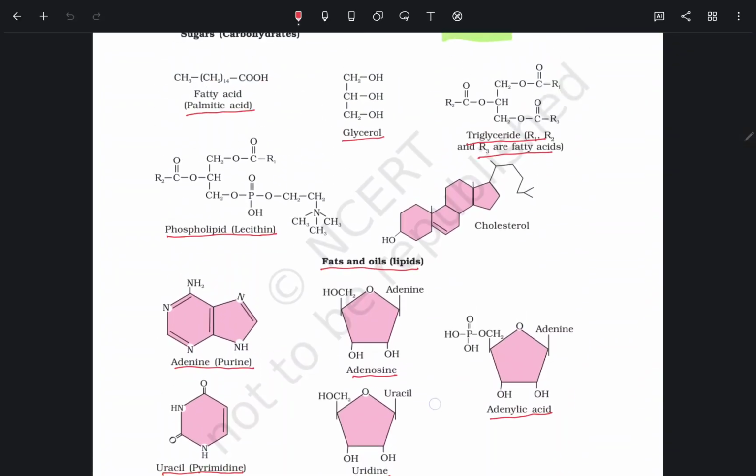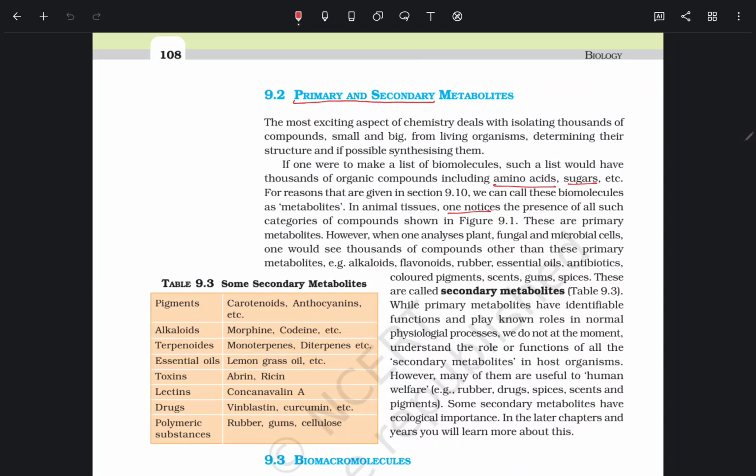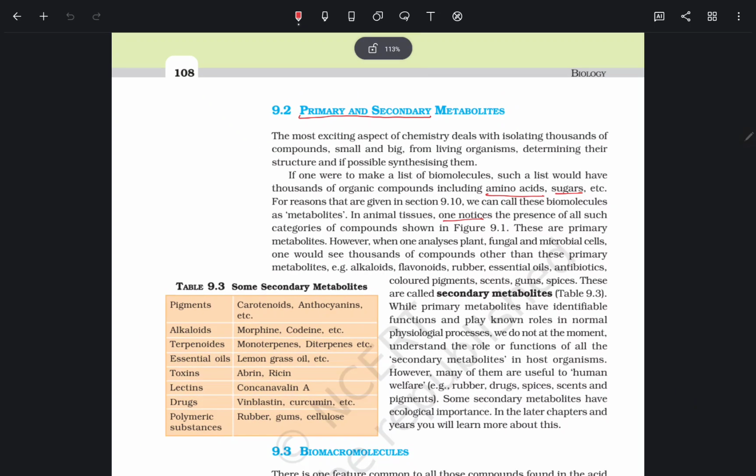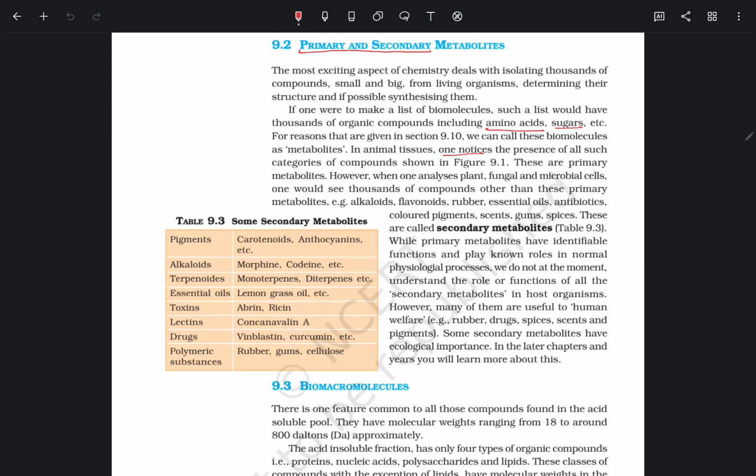So these are the biomolecule compounds. These are primary metabolites. However, when one analyzes plant, fungus and microbial cells, one would see thousands of compounds other than these primary metabolites: